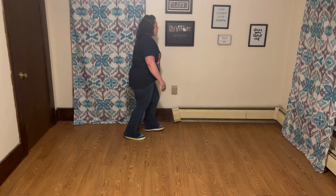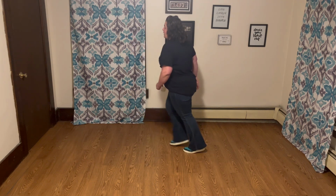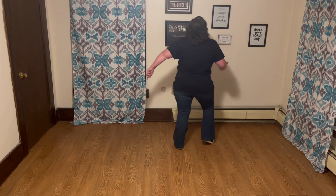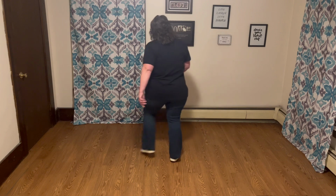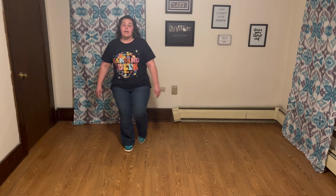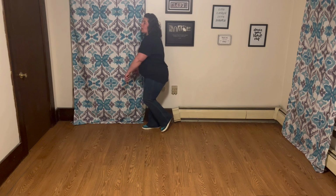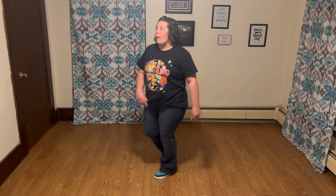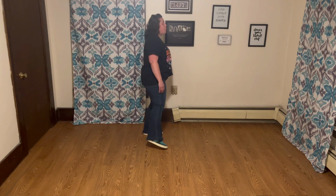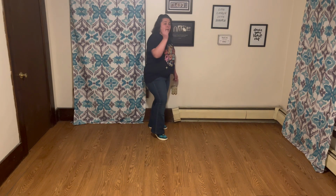1 and 2, 3 and 4, 5, 6, 7 and 8 and 1, 2, 3 and 4, 5, 6, 7 and 8 and touch, 1 knee and hitch, behind, side, cross, big step, side, locking step, forward touch, quarter touch. And your coaster, step, step, half, pivot, quarter, C, bump, sit, ball, step, touch, behind, quarter, half, quarter, side shuffle, cross rock side, crossing shuffle, half crossing shuffle, point, step, step, hold, bump your hip, bump, and next hold wall,